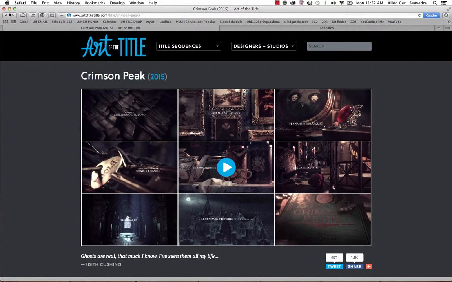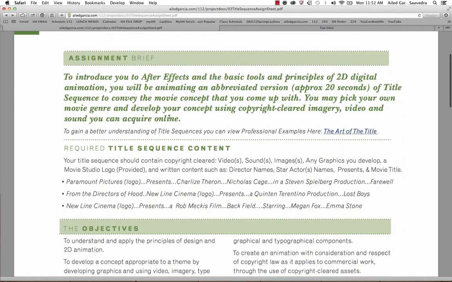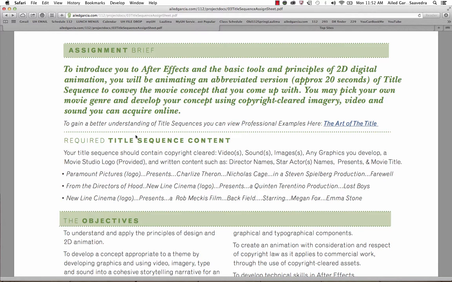So I'm just going to go ahead and go through the assignment sheet really quickly. All right. So there is required content. So first of all, you have to have some types of videos and sounds. There's also probably going to be some images, any graphics that you decide to develop, okay? And then you're going to have written content such as director names, star names, presents, movie title, that type of